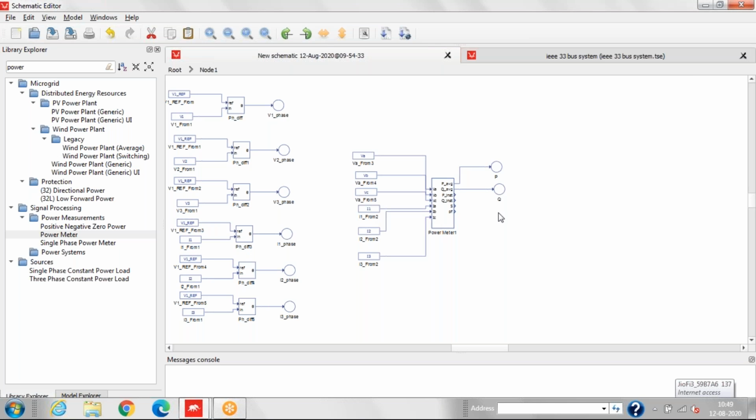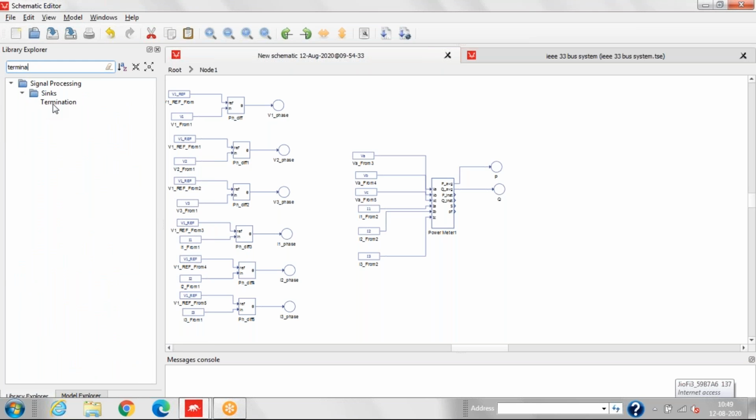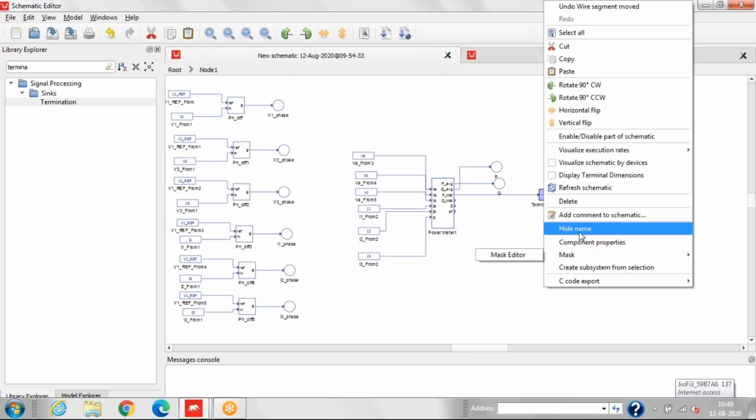Similarly, we do not want to measure the P instantaneous and Q instantaneous. So what we'll do, we terminate the signal. So we require a termination block here. We hide the name.